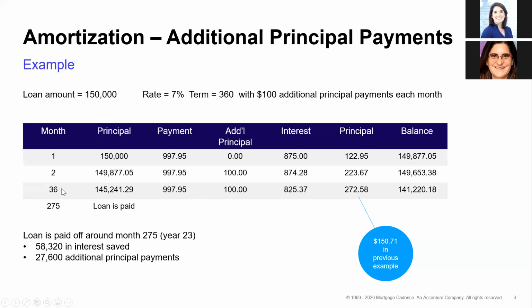So when we get to month 36 in this example, it had been only 150 going into principal. Now they're at 272. The end result here is that in this example, with $100 a month in their payment, they paid it off 7 years early, which doesn't sound like a lot to me, frankly, on a 30-year loan, until you look at the numbers. It means they saved an additional $58,000 in interest. Okay, so just 7 years knocked off 58 grand.